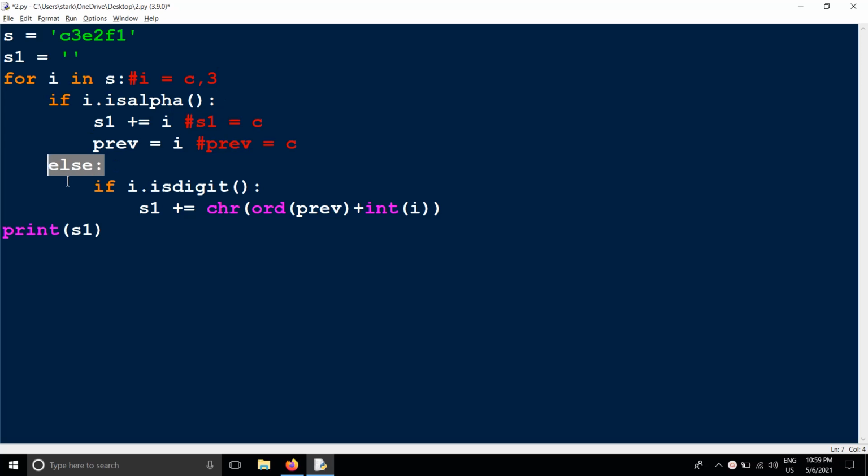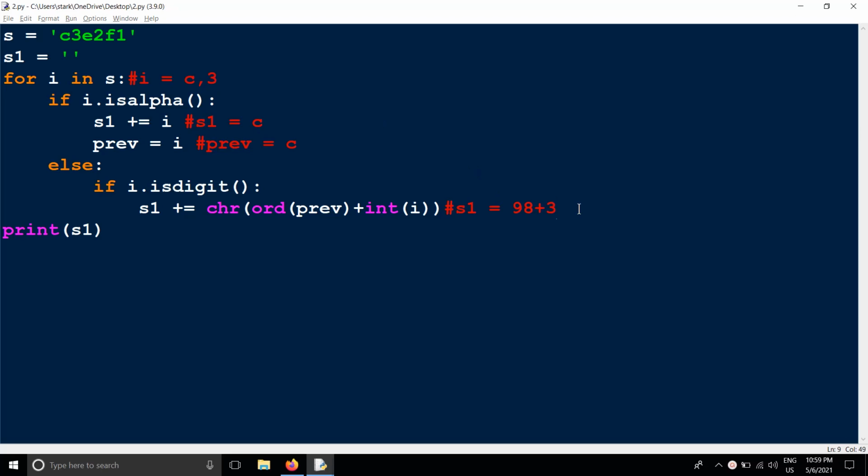It's coming to the else block, and it's going to check if 3 dot is digit, condition true, and we are adding this S1 is equal to, first we have to take order of previous. In previous we are having C, right? Order of C is, ASCII value of 97 is A, so 98 B, 98 C. So 98 plus int of I value, how much? 3, right? 98 plus 3, we are getting 101.